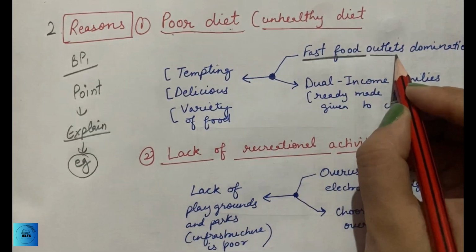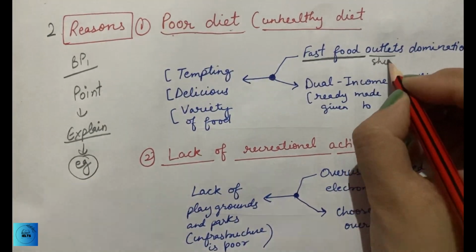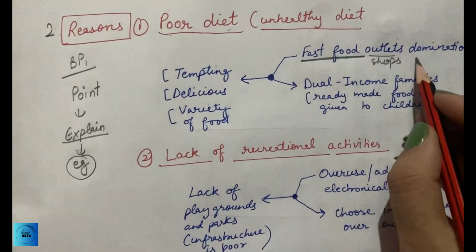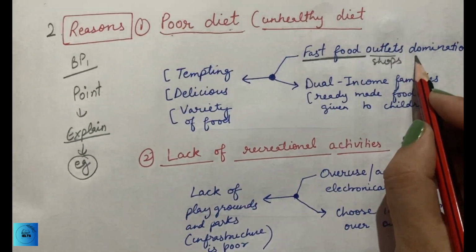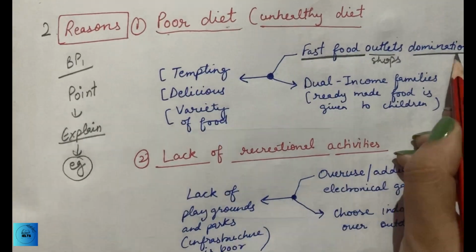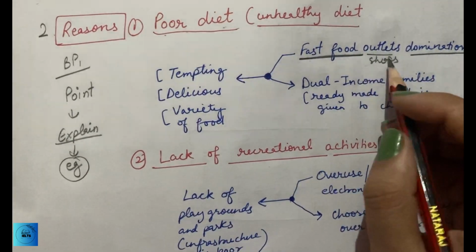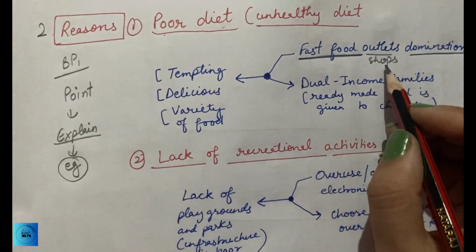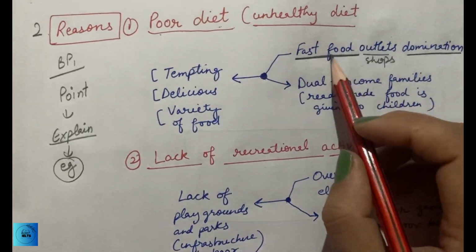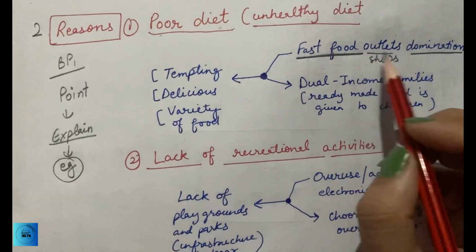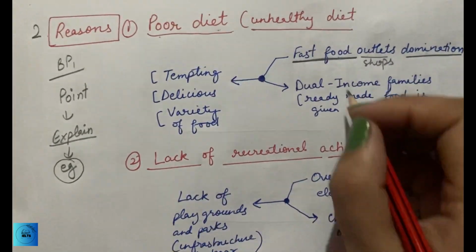Outlet means shops, shops which are opened at every corner of the society. So there is domination. Everywhere one can get fast food, means junk food, on streets, in cafes. So it is easily accessible, and also it is